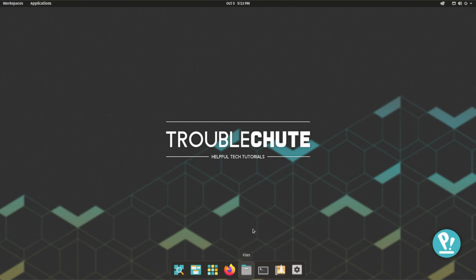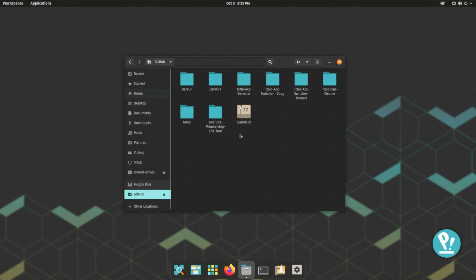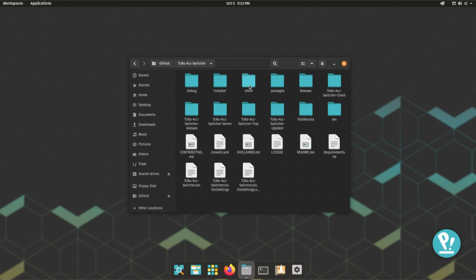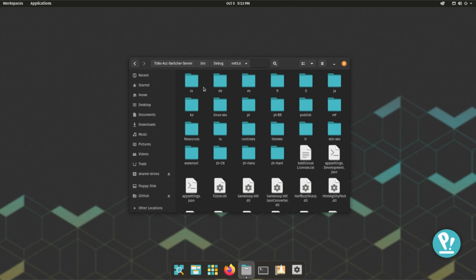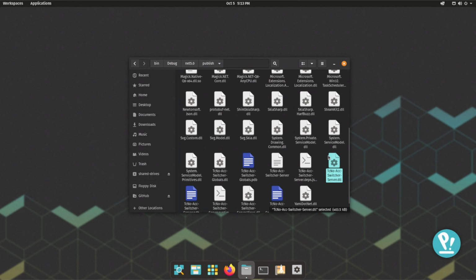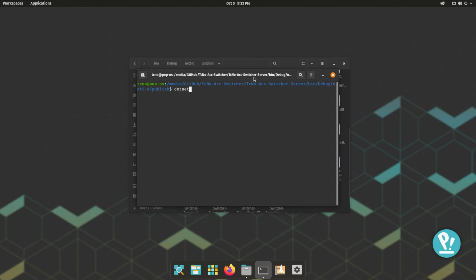I've just gone ahead and mounted a folder from my desktop here containing a .NET 5 project. If you'd like to see how to do this, check the description down below. I'll open up the Techno Account Switcher folder, followed by the server, bin, debug, net5, and all the way down to publish. Over here's the project, and the main executable is TechnoAccountSwitcherServer.dll. I'll open up this project in a terminal, and I'll run dotnet followed by the file's name. So TechnoAccountSwitcher